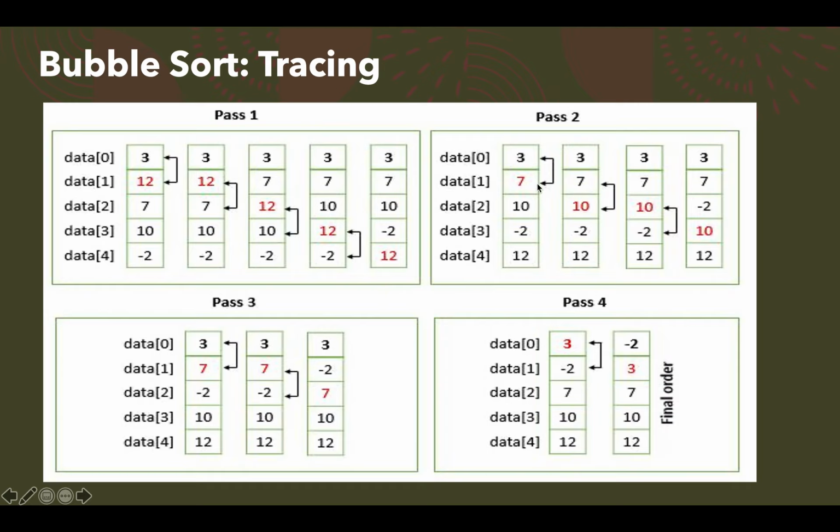Okay, similarly in pass 2, again you do the same thing: two adjacent elements you are comparing and the next largest element is bubbled out. Every time you can see the sorted part at the bottom, right? 12, 10, it is bubbled up. The maximum element is bubbled up, 12, 10, and then the next maximum will be settling its position, 7, right? Then 3 and minus 2. Okay, so you have 5 elements and the number of passes executed is 4 times. So this is a tracing of bubble sort.